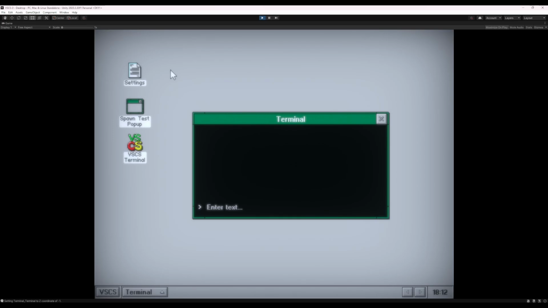Like, obviously this game is going to have a chat system where you can talk to other characters. And I don't want to implement that in the terminal because that just sounds like a nightmare. Maybe I could do it, but does it really make sense to implement that? Because this is all simulated. This isn't an actual computer system. So anything I do, I have to very strictly design.